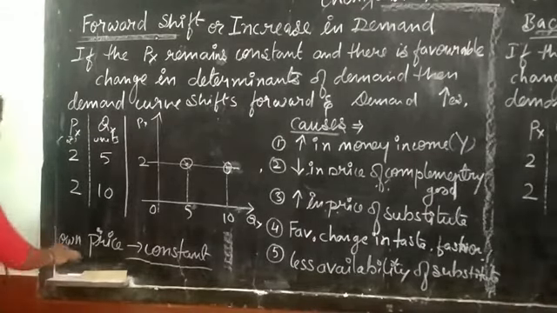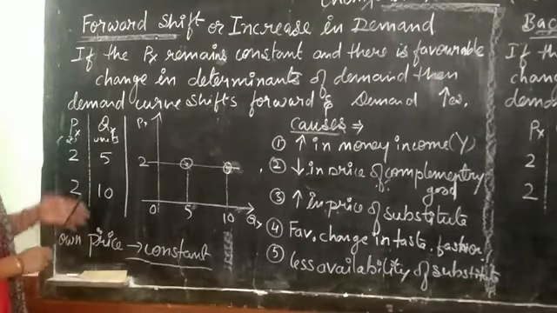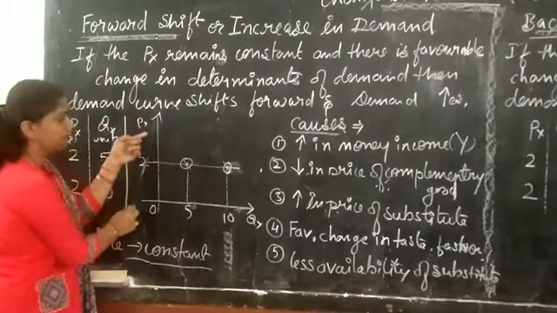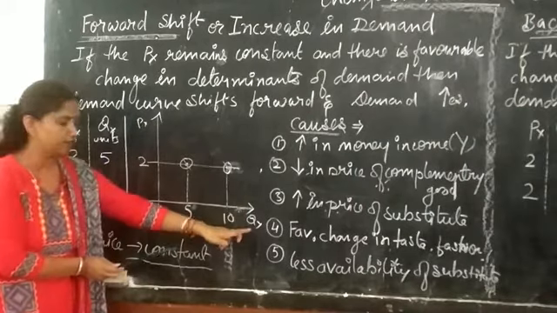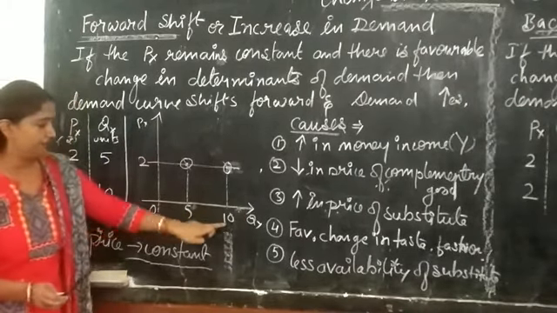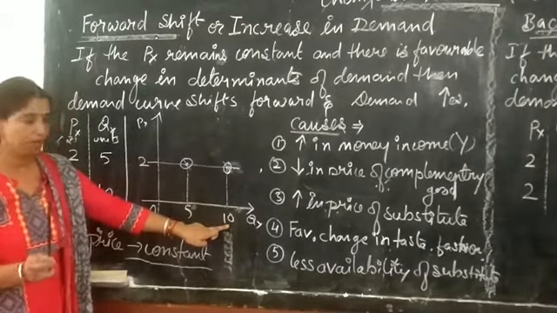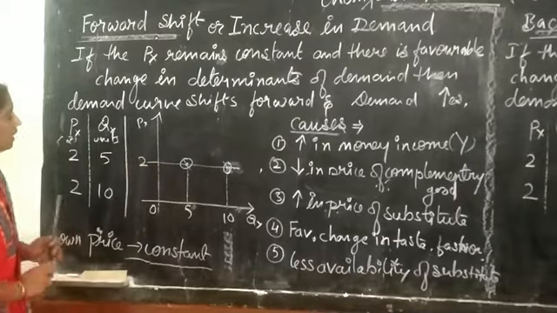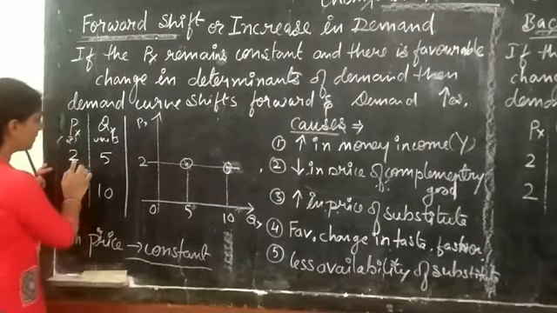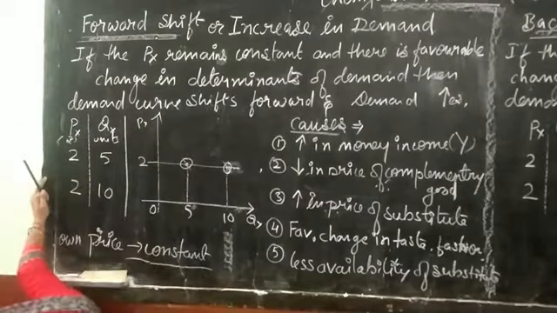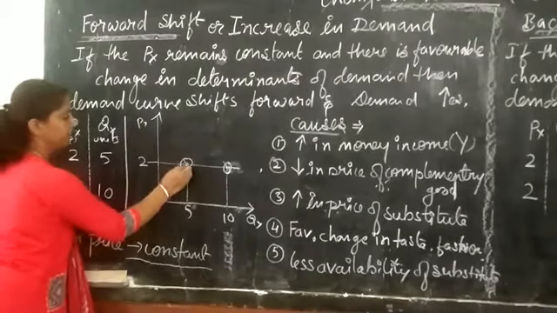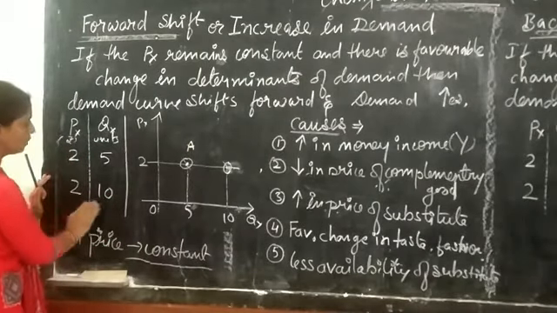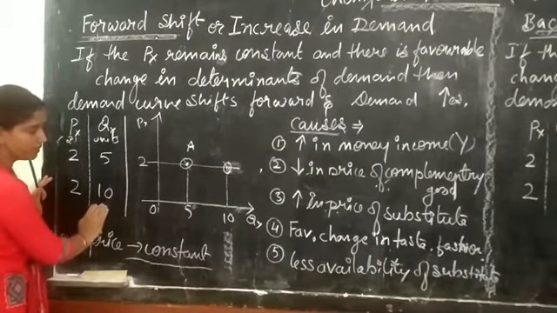Okay, I have drawn the graphical presentation for this tabular presentation. On the y-axis I have taken price of X, on the x-axis there is quantity demanded. There are 5 and 10 units of the commodity, and the price, that is 2 rupees, I marked here. Now the first point: 2 rupees, 5 units. This is the first point for a consumer, and the other one is 2 rupees. At 2 rupees price, quantity demanded is 10 units.